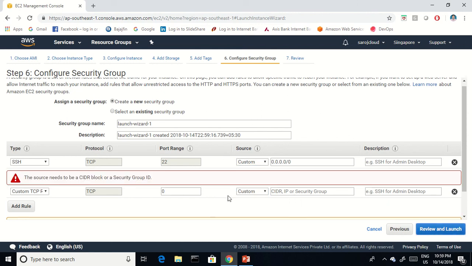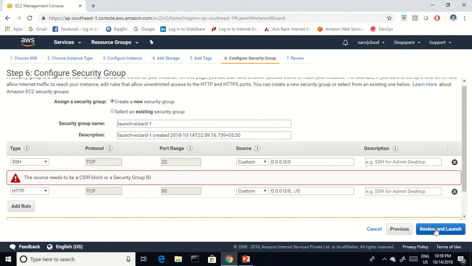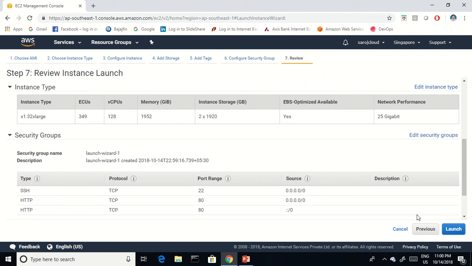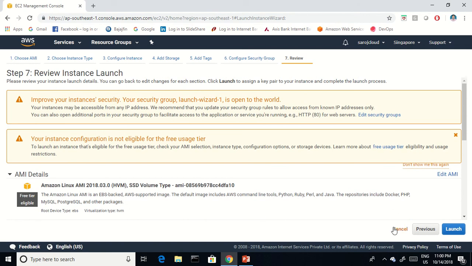Review and launch. So I have not given anything. Source will be shared, blocks will be group ID. Okay, so if you launch, at a time it will launch as many instances as you have chosen. So this is the power of